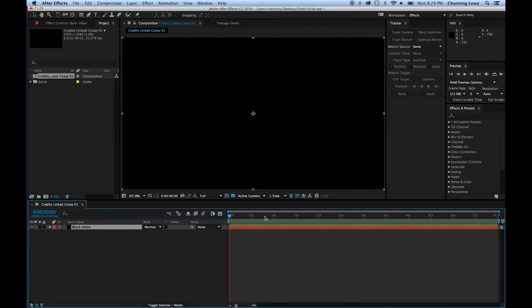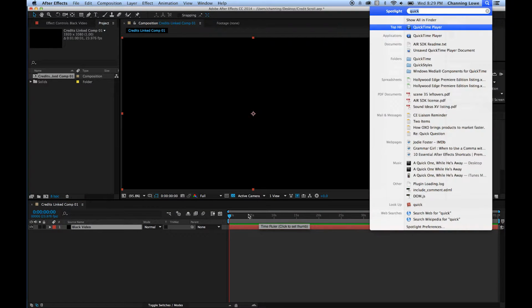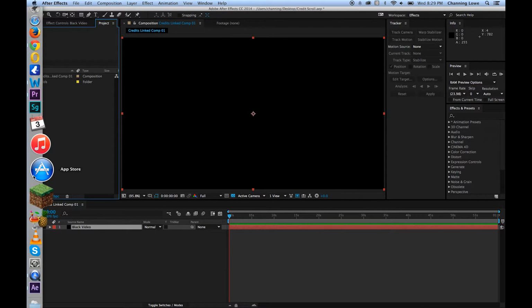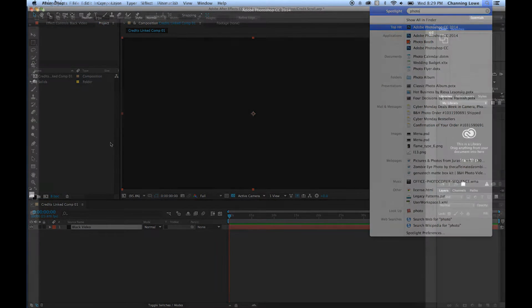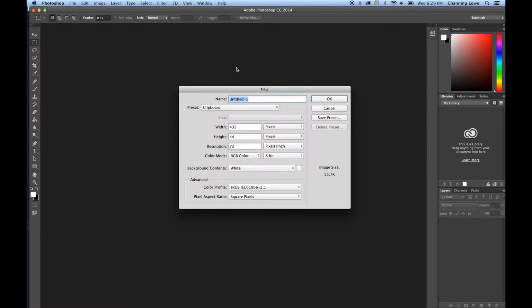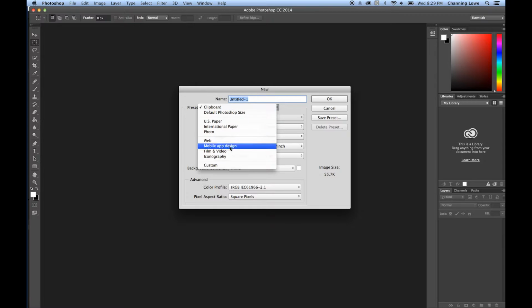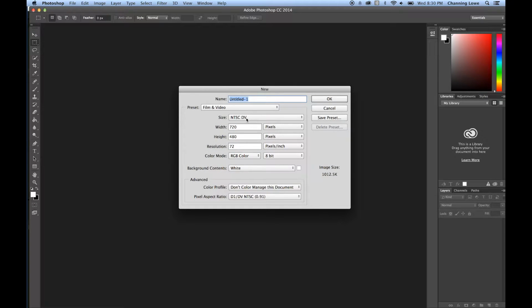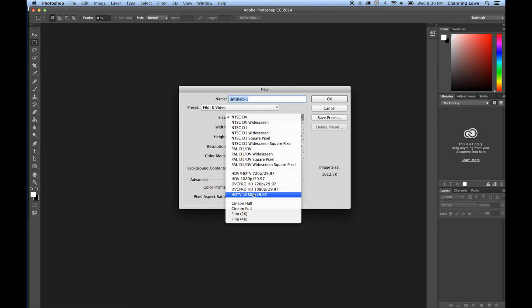Okay, so I brought this black video over. Next, you can generate all the text in After Effects if you wish, but I like doing it in Photoshop because it makes an easy file just to bring over. So I'm going to go to Photoshop and make a new file. I'm going to go under the template for film and video and pull down my size. If you're doing 4K, you can do 4K if you wish, but I'm working at 1920 by 1080, so I'm going to do a